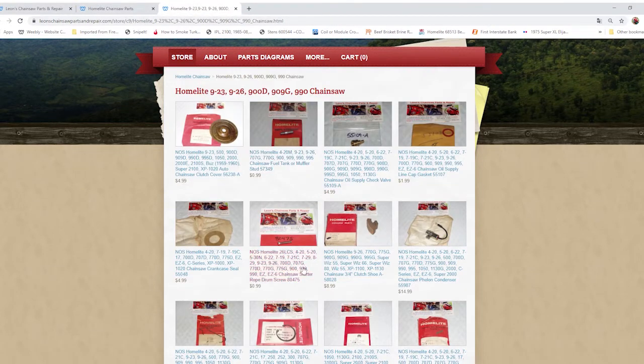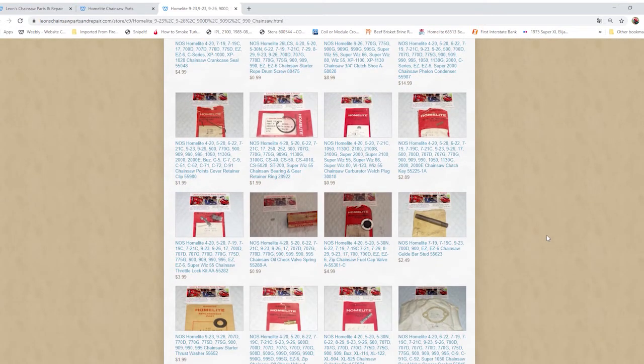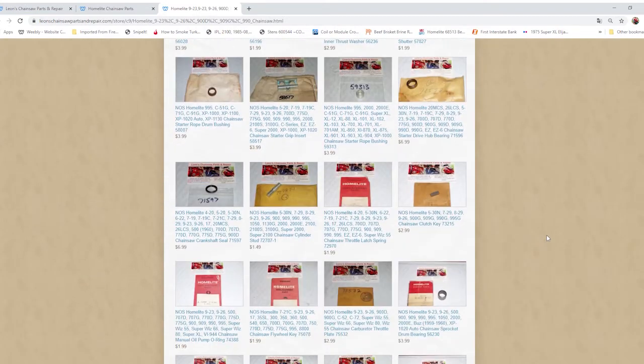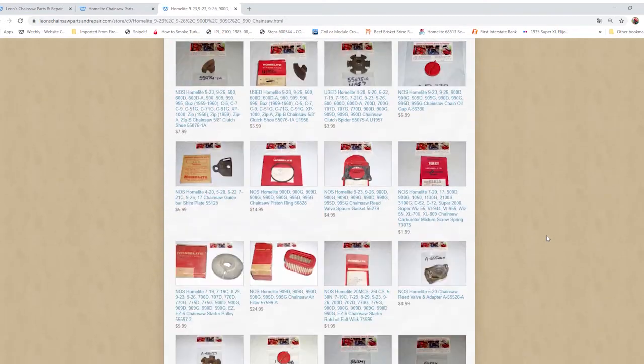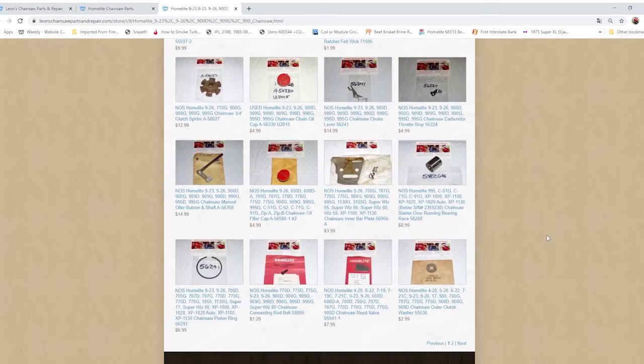You've got big, broad listings of parts. These are going to appear just in a chronological order of when I got them and put them on the website. Beyond that, there is no rhyme or reason to how they're listed in here. That can be a pain in the neck. If you know your part number,